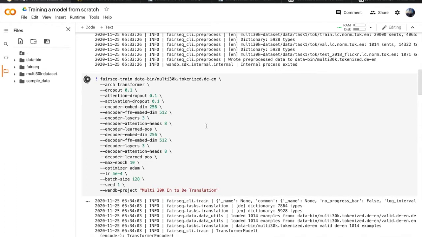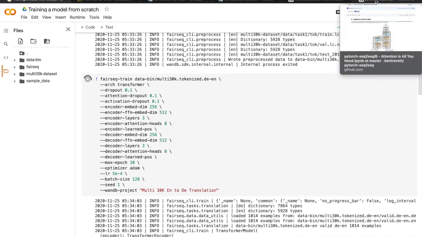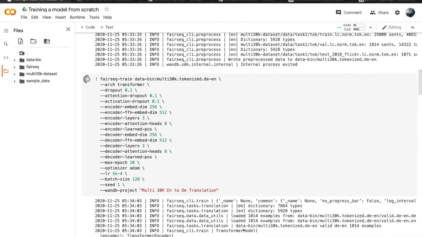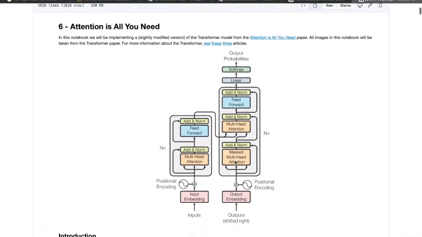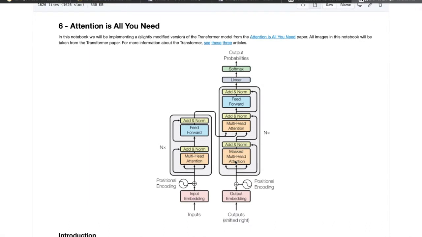So most of the hyperparameters here are chosen or directly taken from Ben Trevett's tutorial. So I'm going to refer to his tutorial and explain what it does with the help of the Fairseq documentation. So dropout, attention dropout and activation dropout. There are three types of dropouts in the entire transformer architecture. One is attention dropout, which is done after the data passes through the attention layer, and the other one is in the feed forward network.